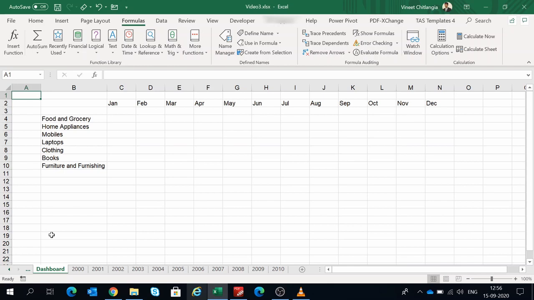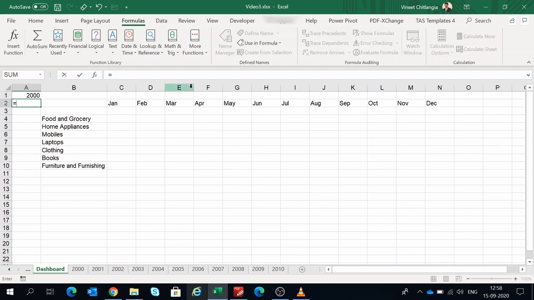First I'll try to get the data of year 2000 using the INDIRECT function. In the cell A1, I'll enter the year 2000. Since I want to get the data of the year 2000 and the name I have given is data2000, I'll try to generate this name using the cell A1.